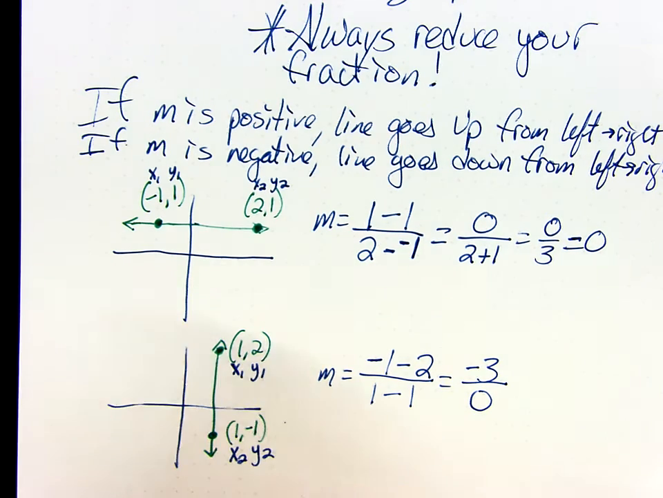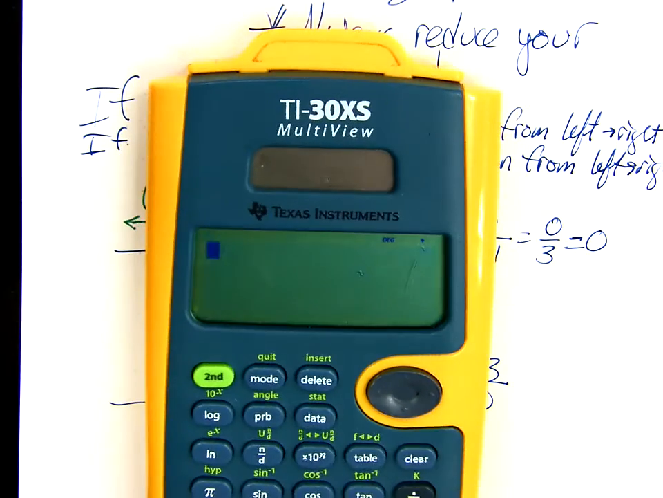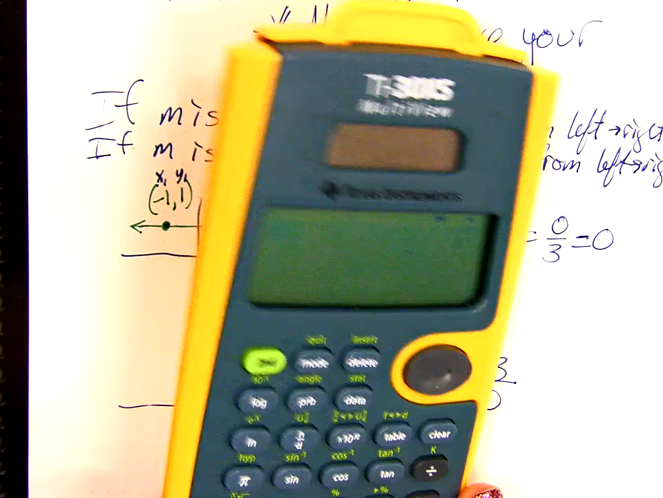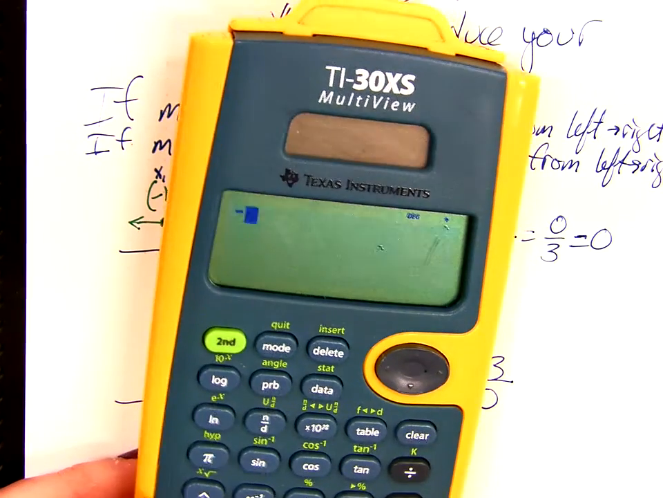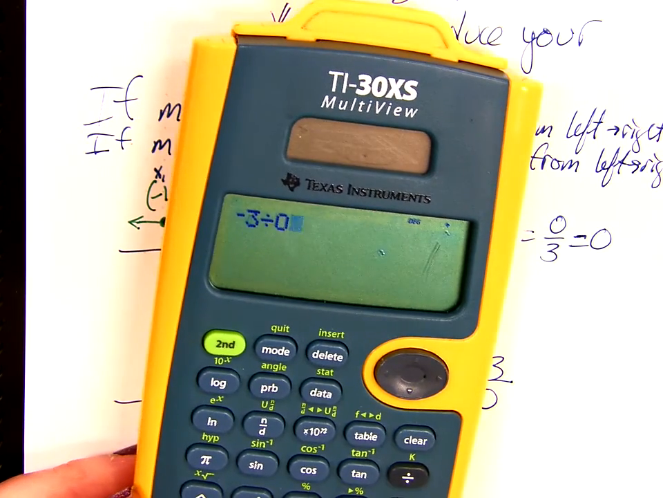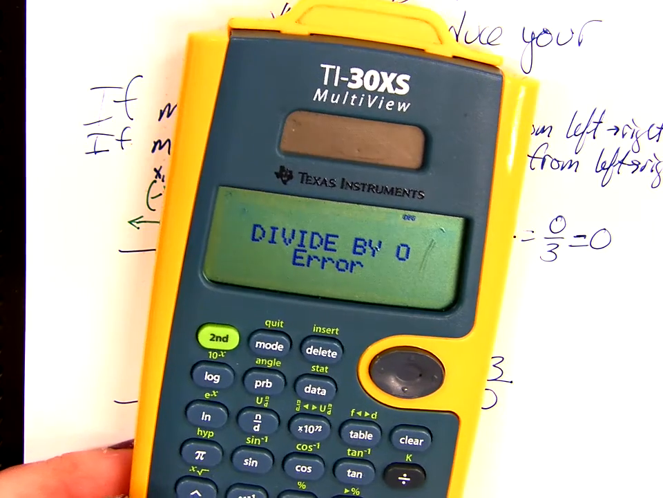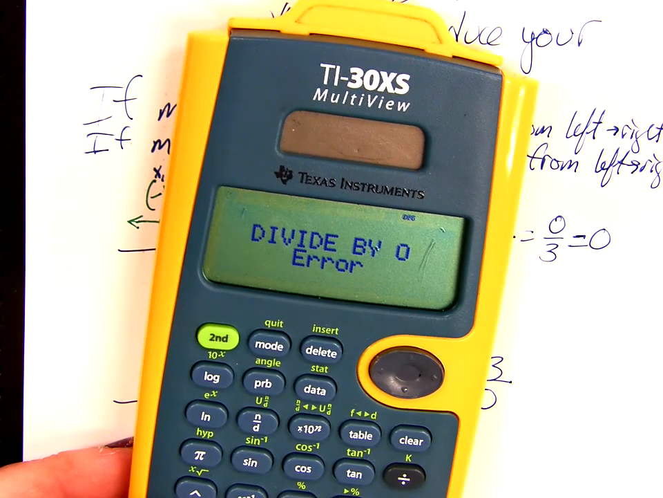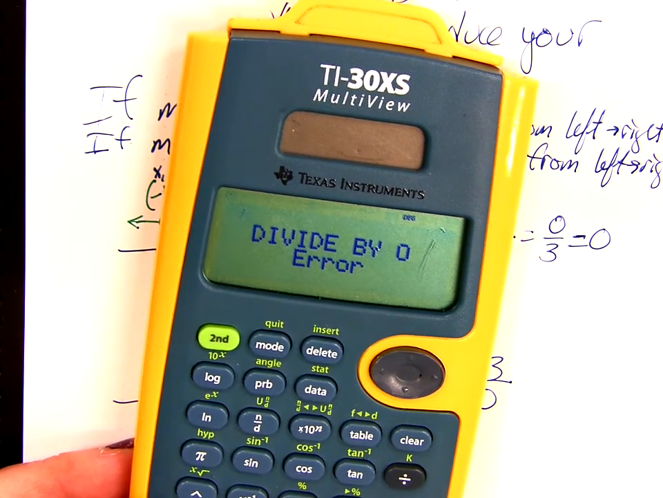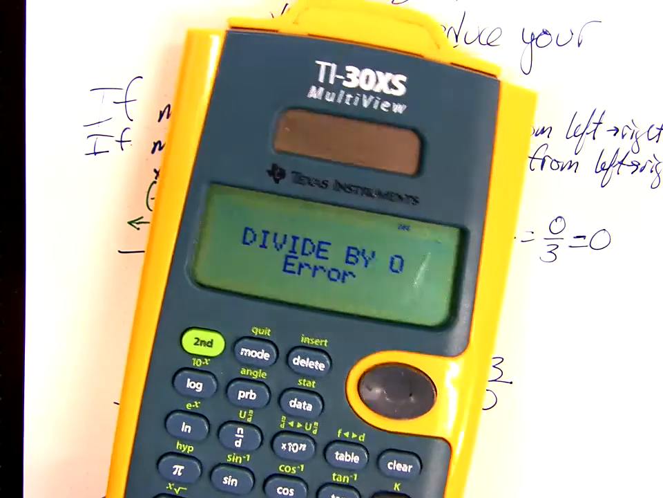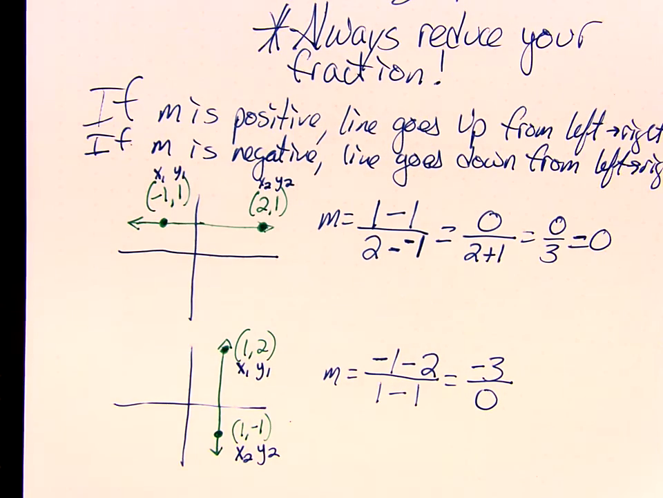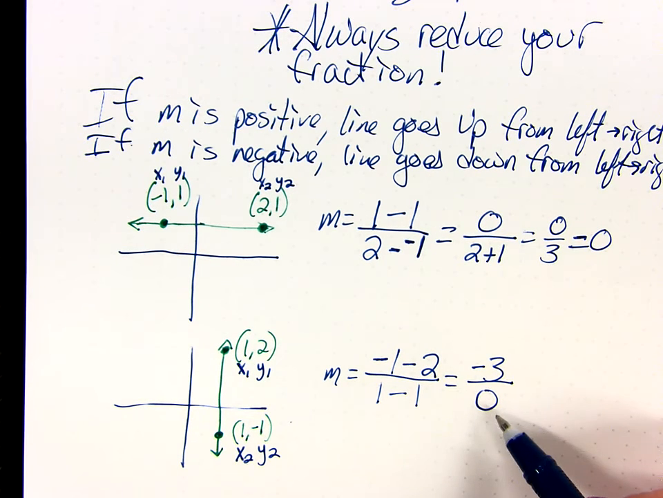Let me ask Mr. Calculator for assistance. If I do -3 divided by 0, let's see, there we go. -3 divided by 0. So, okay, I take it all back. This is probably the most common mistake, right? If you have 0 in the denominator,